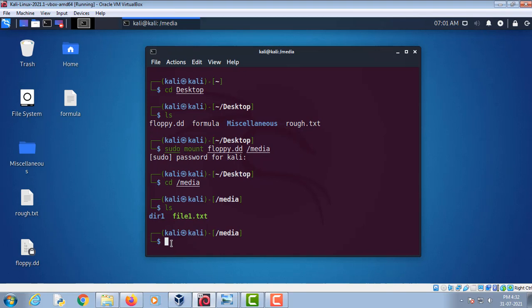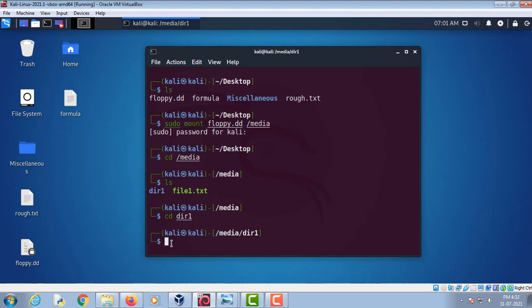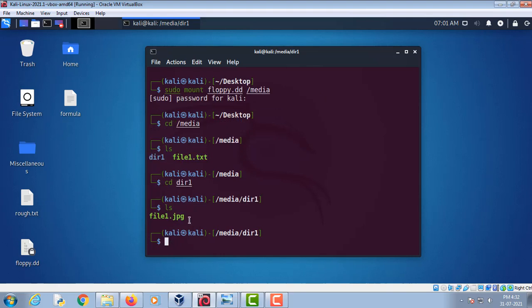If we go inside this directory, there is an image file by the name of file1.jpg. So in this tutorial we are going to recover this file from this FAT file system.